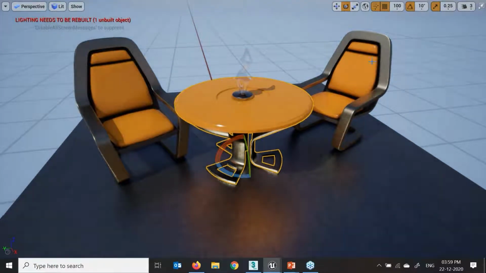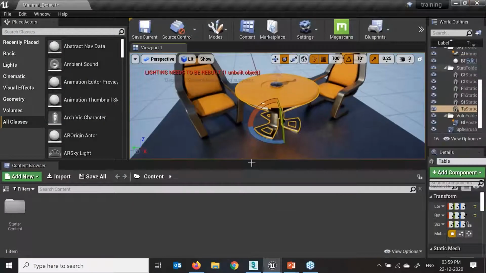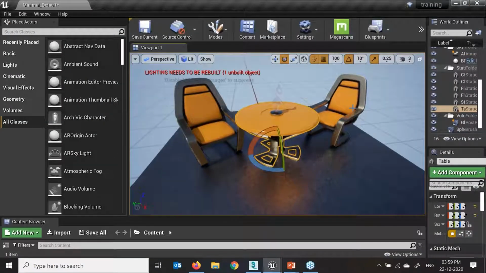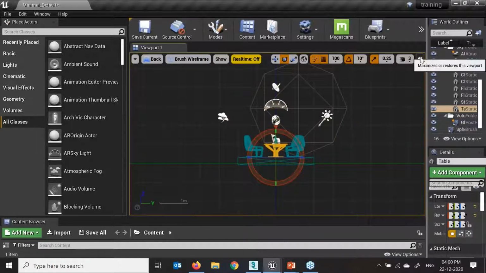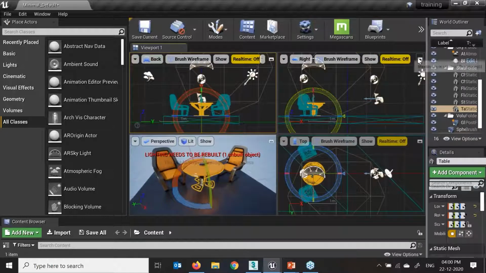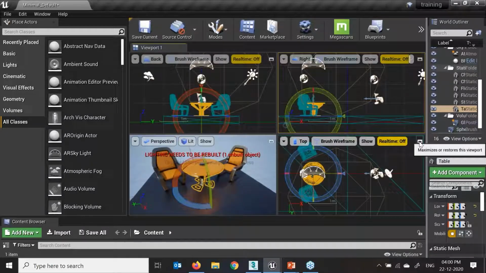Like in Maya, here we have the 4 options. We just need to click all these options over here. Now here we have the 4 screens. First screen, second screen, and front view, top view, side view, and the perspective view what we have over here. Right. If I want to maximize this view, I just need to click on this small button on the right-hand side of the view. This small button again over here. If I click this view, I'm getting these 4 axes over here.